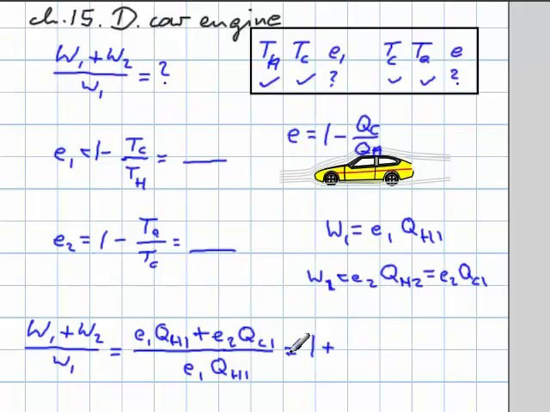Okay, so now I'm going to plug that in there. First of all, I'm going to say again that these two are 1, and then on the second one it's E2 over E1. And now I'm going to plug in QC over QH for the first engine, which when you look at it is 1 minus the efficiency. Because this is about the first engine, with the QC over QH1, that must be 1 minus the efficiency